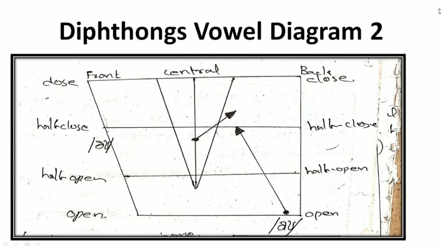Diphthongs vowel diagram 2. We discussed the first labeled group, I-ending. The second labeled group is U-ending vowels. There are two in English: one is ou, the other is au. You can see here in the diagram that at the beginning the tongue assumes one position and then it goes to the U position. Both vowels are going to the U position. This is the vowel diagram 2 for diphthongs. You have to draw this vowel diagram.